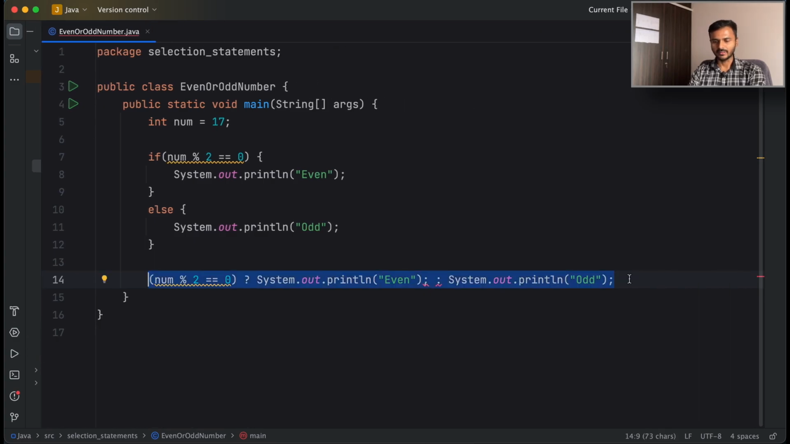we are getting an error over here because ternary operator gives a value. So if the condition is true, it will give some value, and if the condition is false, it will give another value. And what we have done is we have put System.out.println even in the true part, and in the false part we have put System.out.println odd. And that is why it is giving an error, because System.out.println is not giving a value back. So what if I do this? Instead of going for System.out.println even, what if I just take even and put it in the true part? And similarly, for the false part, what if I take odd and put it over here and end this statement